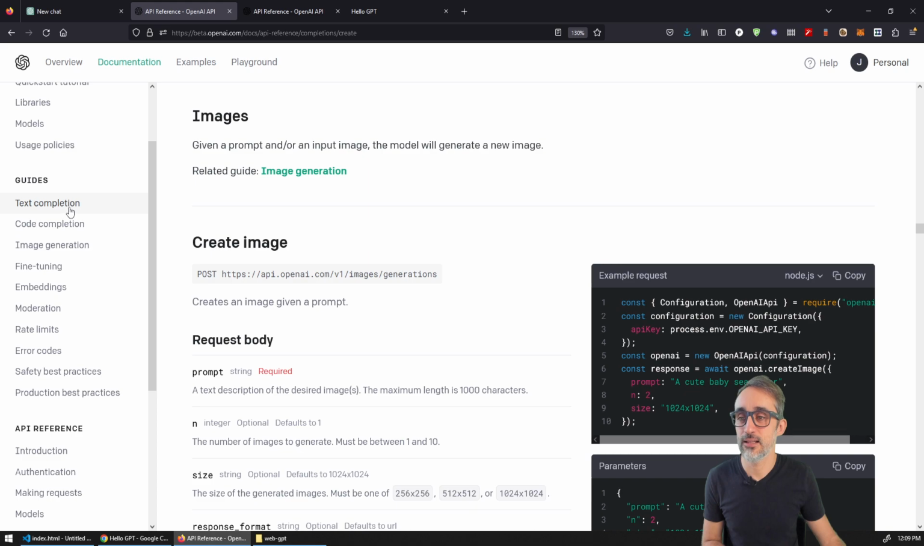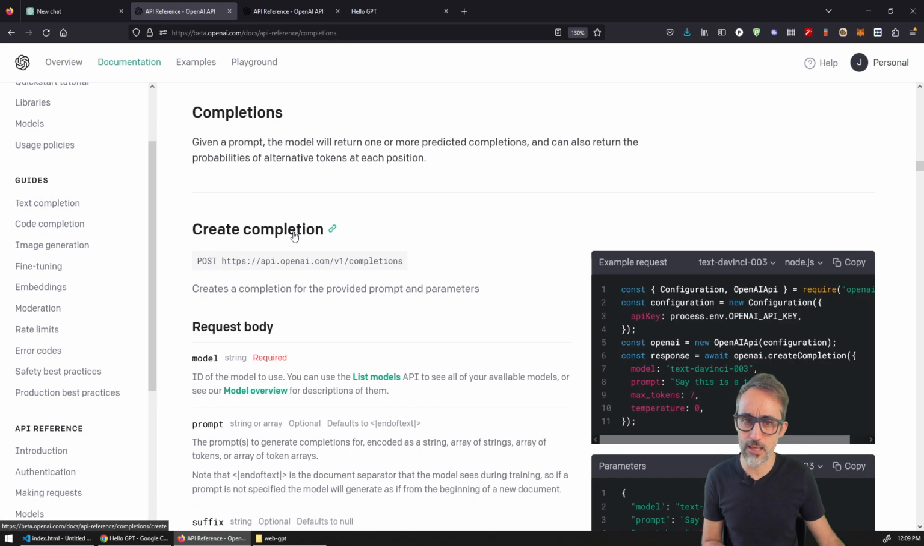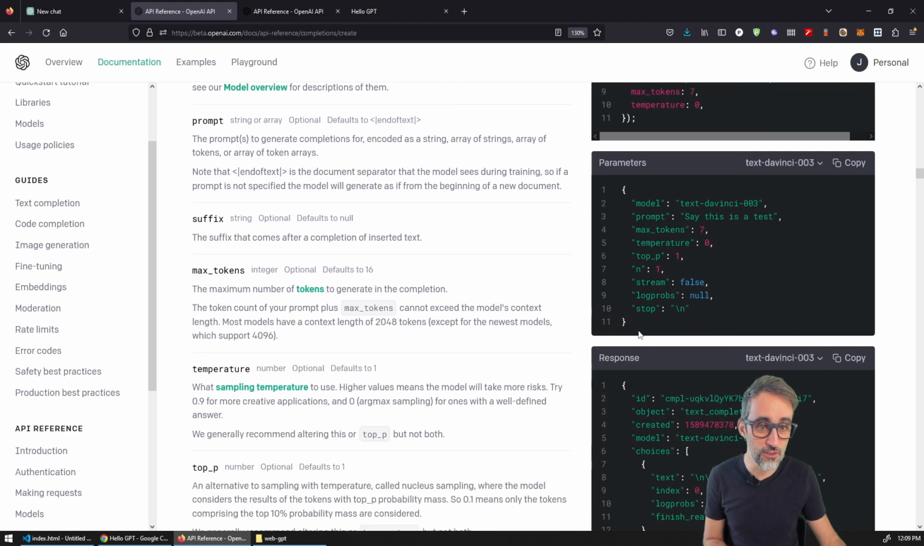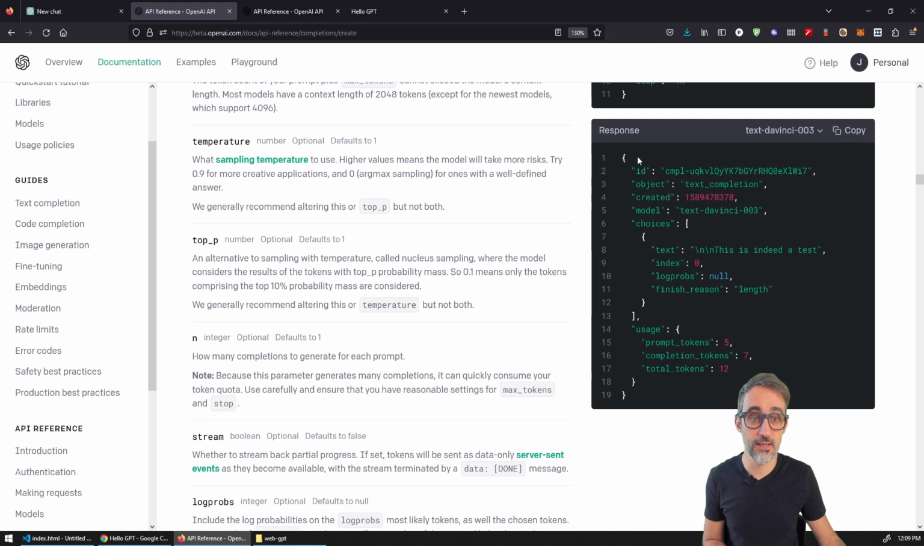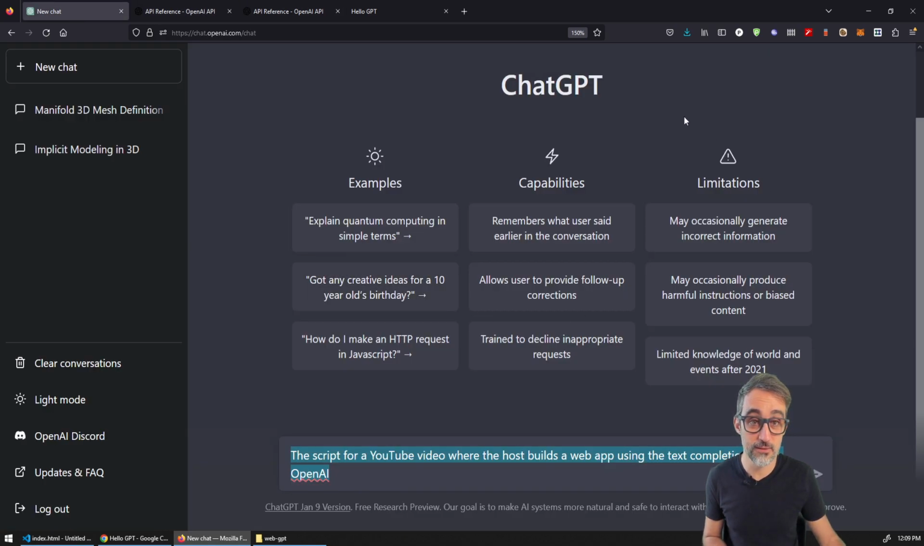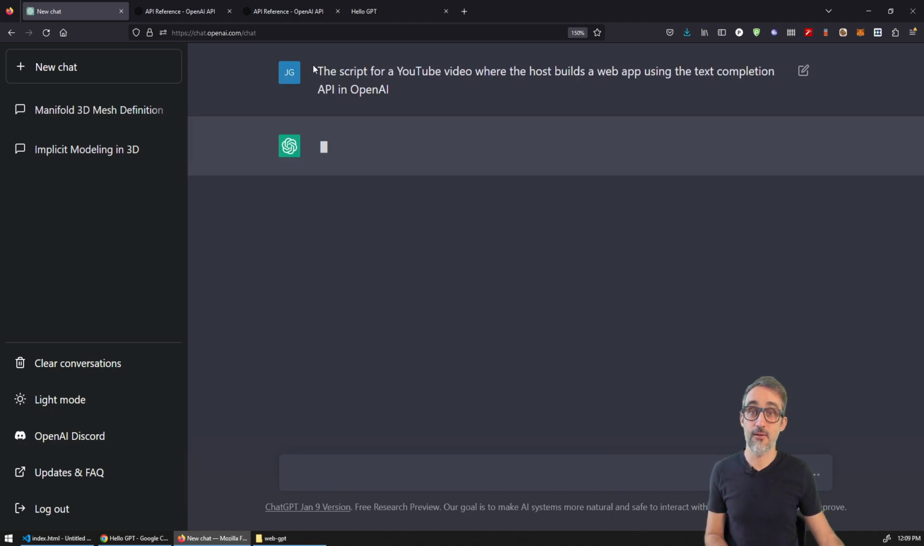And then just like we were using the image generation API, we can go to the text completion API and see that using this endpoint and sticking to these parameters for the body and this for the request, we can actually build something very, very similar to the actual ChatGPT function, the ChatGPT web app that OpenAI has. So if I now send the script for a YouTube video where the host builds a web app using the text completion API in OpenAI,